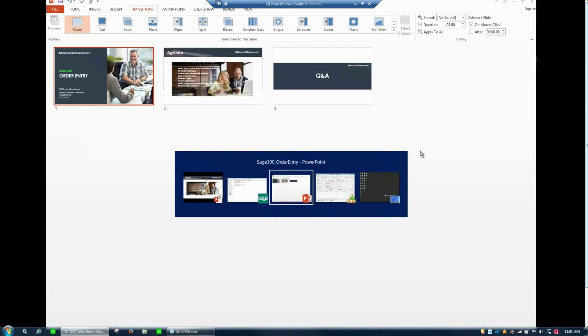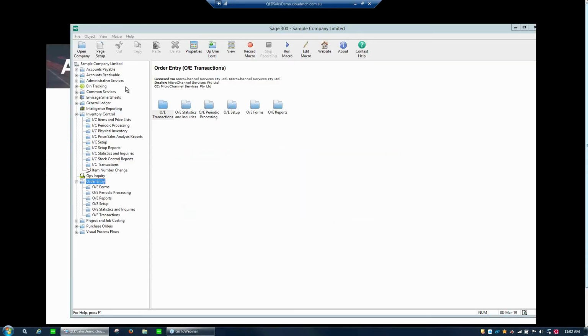My first comment is one of an overview. In Sage, order entry is the sales module for inventory. So inventory holds the items and their balances, costs and pricing and so on is driven from them. And order entry is the functional module that will get them out of the door. We don't have to sell items, but it can use miscellaneous. So under order entry in transactions,